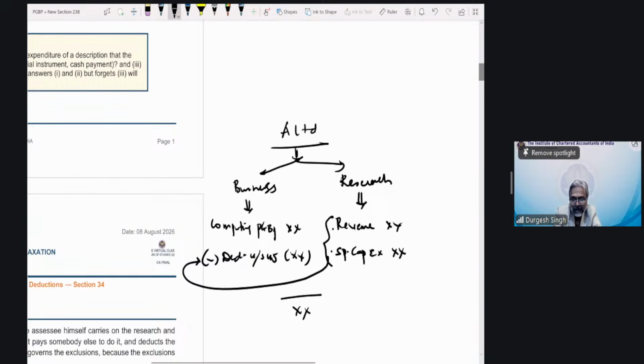So this is how the deduction applies. This is your final PGVP. So there is a PGVP before 45, and then on that PGVP, you claim the deduction of 45, and that will give you, students, the final PGVP. Are you in a position to consolidate and visualize this particular thing, students? If that is the case, can we proceed further on the section itself now?